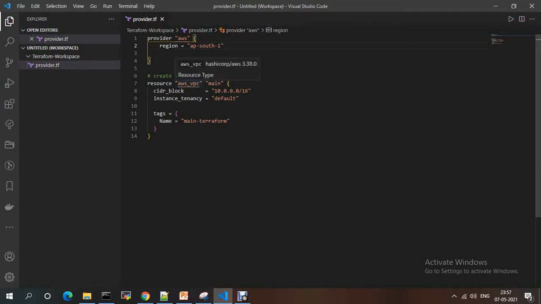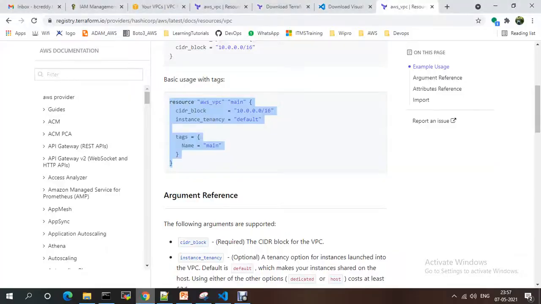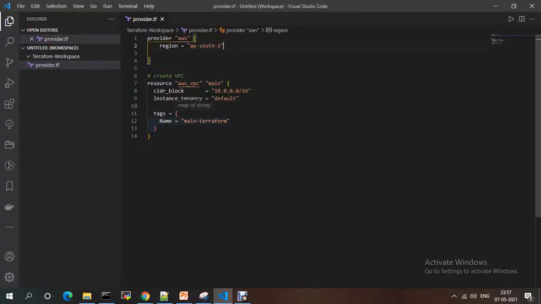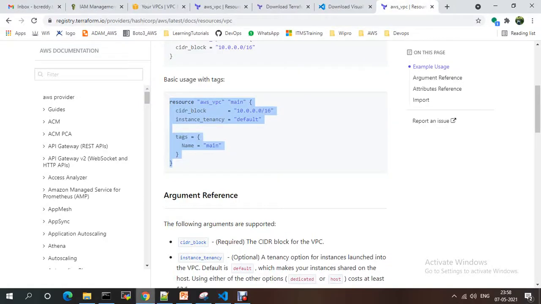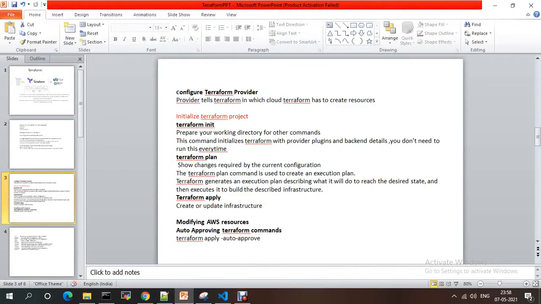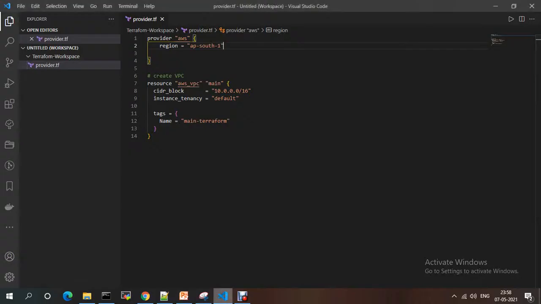If you want, you can provide the secret key ID and access key ID manually in the code, but it is not a good practice to keep them in the code, because everyone will look into that. So I just configured them. Otherwise, you just need to export the values. There are different ways you can configure the access key ID and secret key ID. Once that is done, you just need to initialize the Terraform project.